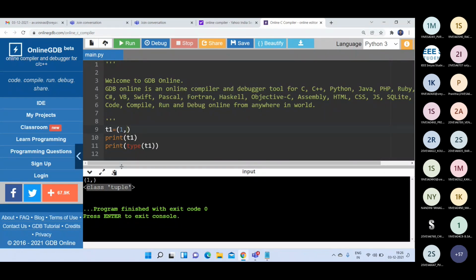Getting my point or not? If you want to store a single element, you should write the element followed by the comma operator. Then only it is considered a tuple object. Okay, like this, class tuple. T1 is of type class tuple here. Okay,